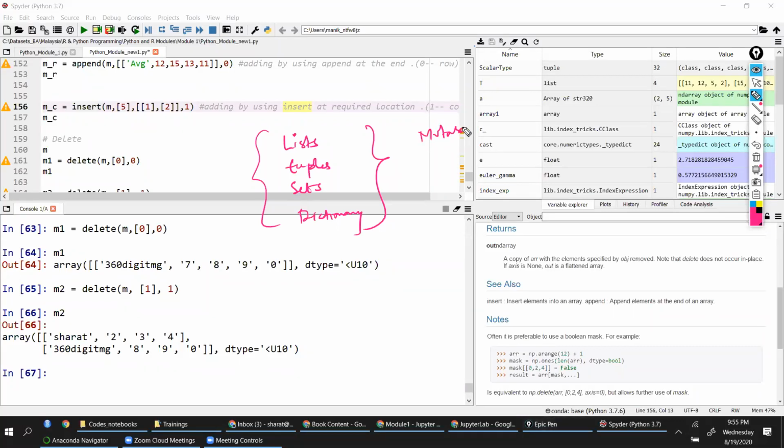We have mutable properties, immutable properties that we'll discuss. Then we have indexed properties. Then we have duplication properties. So these 4 different data objects have these features. Which one has what features? We will discuss that in detail tomorrow, and what kind of functions we can apply on these 4 different objects. That's something that we will be learning.